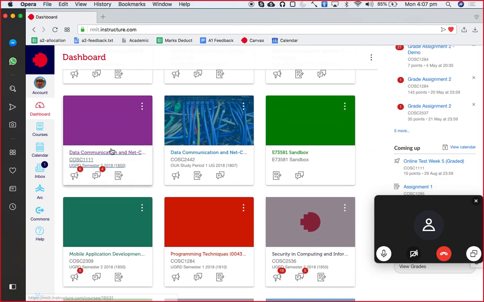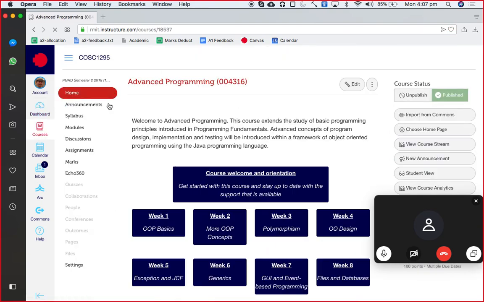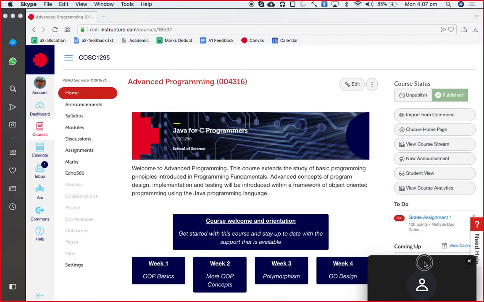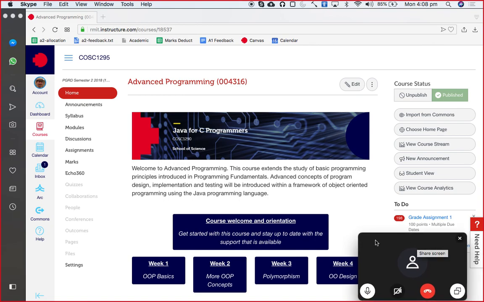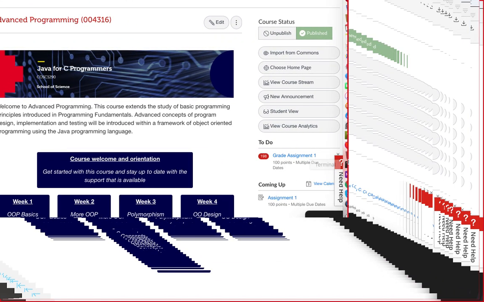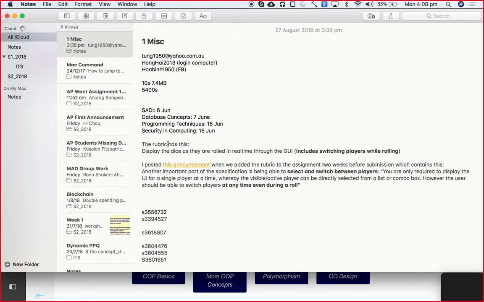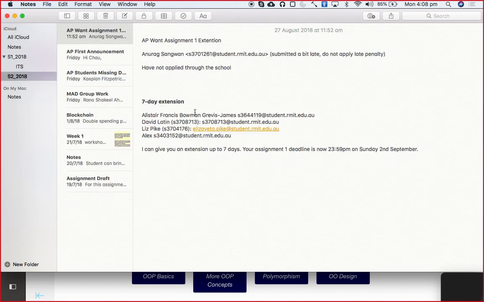Data communication, no. Advanced programming. So now we have around 198 submissions. So far I have 4 people with 7 days extension,